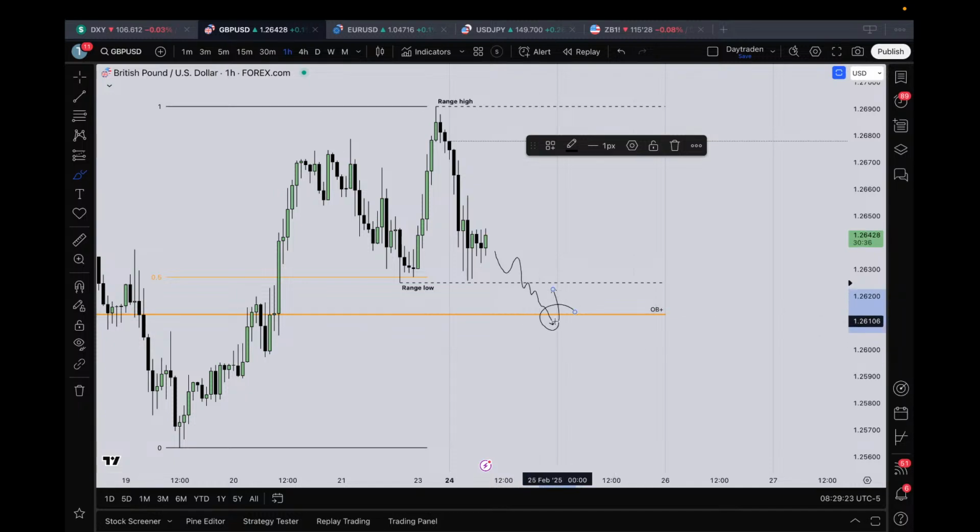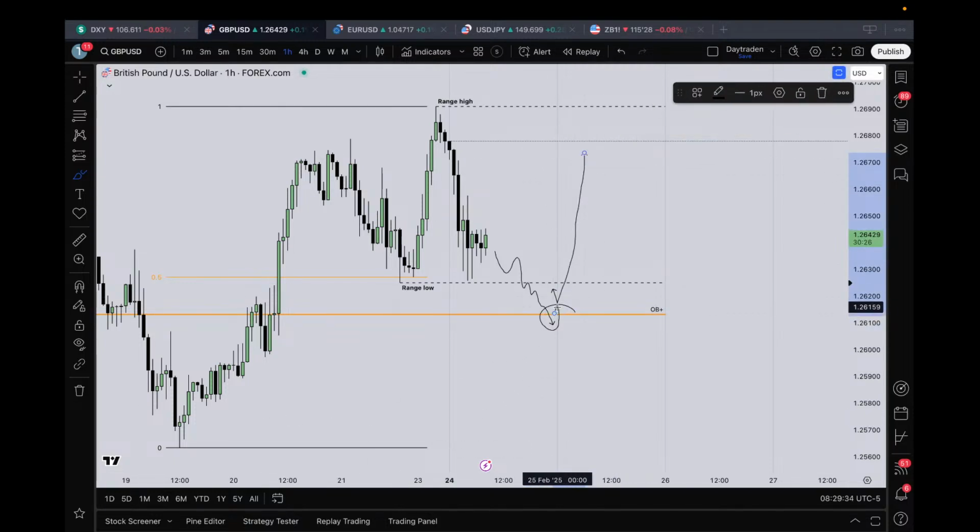utilize the high time frame key level in the form of the daily order block. You can trade the daily order block with your stop loss lower towards the opposite side of the range. Or you are going to wait for the move lower towards the high time frame key level, and you are going to trade the continuation after seeing institutional sponsorship of that high time frame key level.